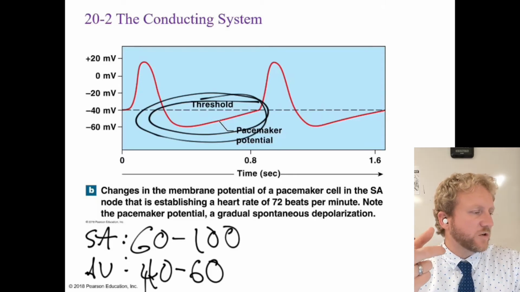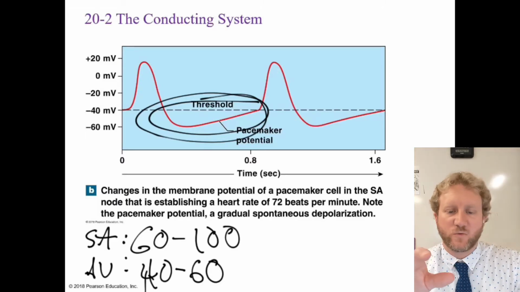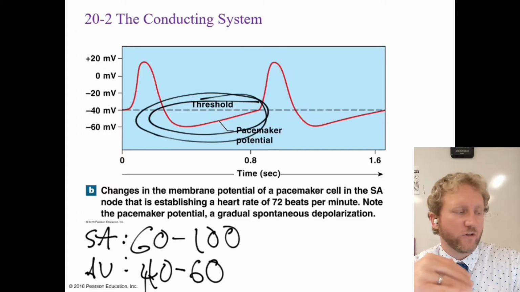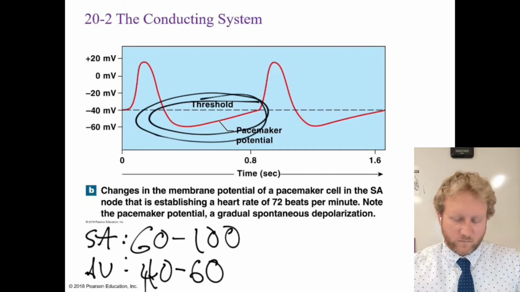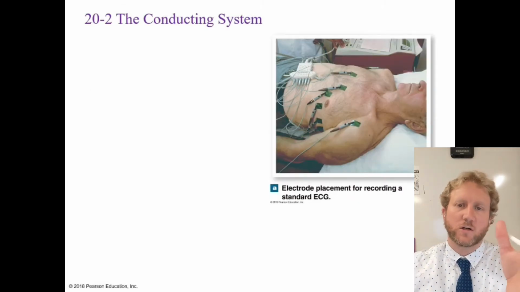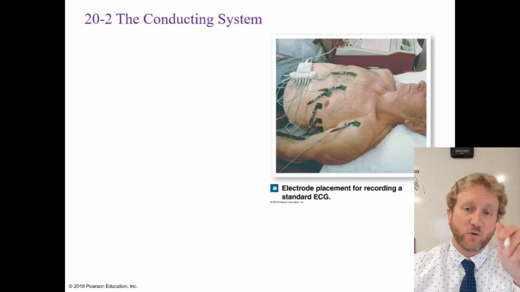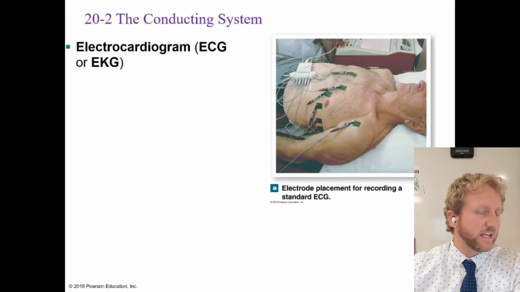The SA node is going to depolarize first, and that's going to set up what's known as the sinus rhythm, or the base rhythm for the rest of the heart. And that's it. We measure that, so that graph that you saw, we measure with a machine called an ECG or